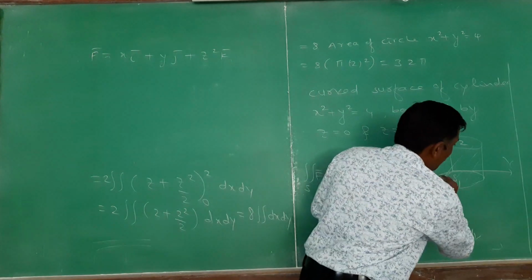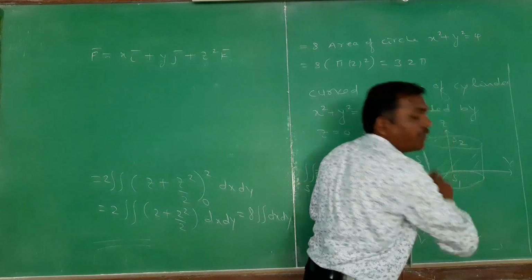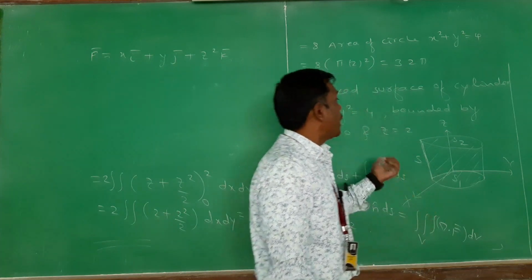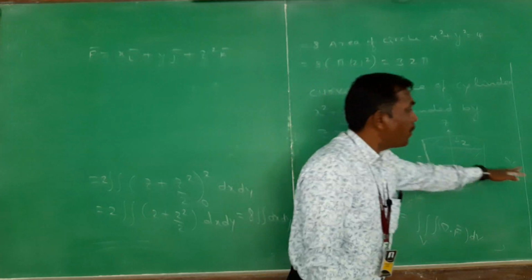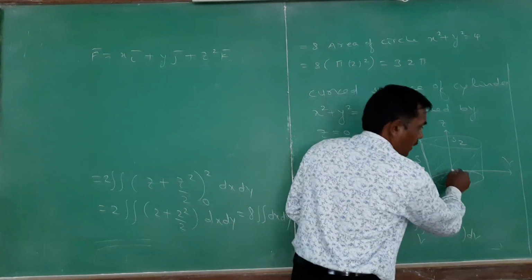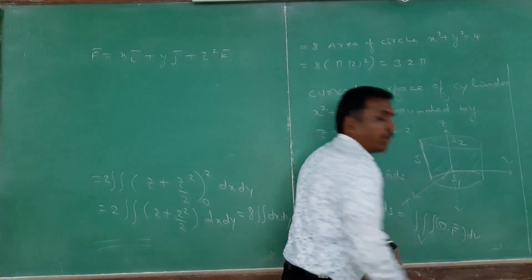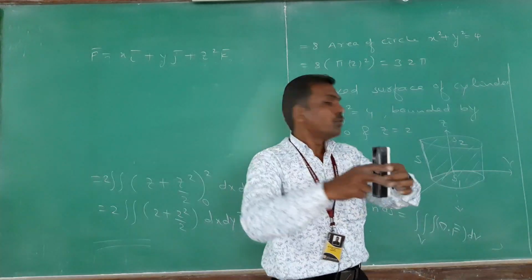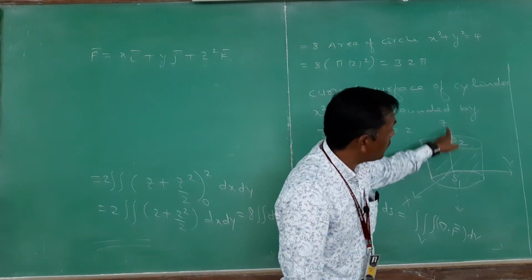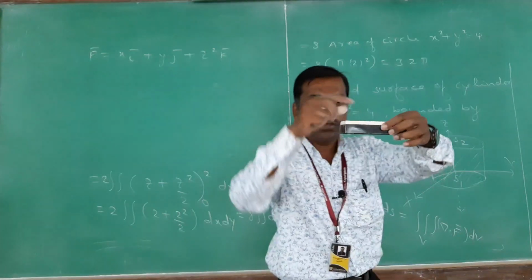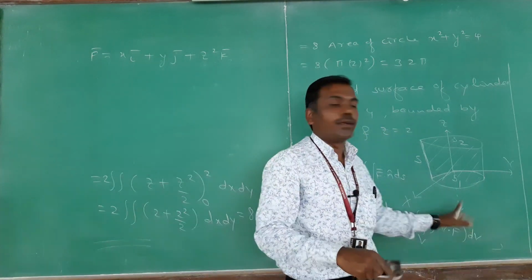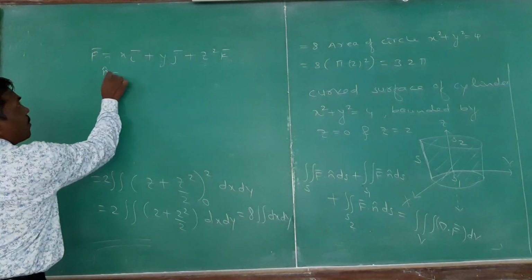Try to understand the concept of this surface S1, where it lies exactly. Surface S1 is in the xy plane because the value of z is 0. If I take a perpendicular direction to this xy plane, we call it the normal. So my n cap is minus k bar, because this is the z axis. The z axis goes in the downward direction, so here I have to take minus k bar.